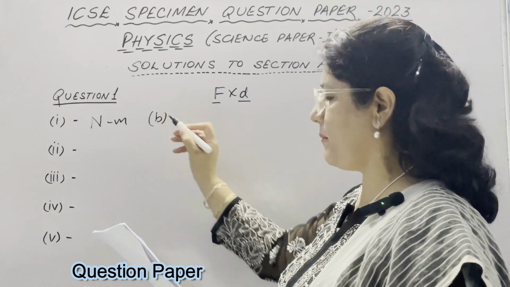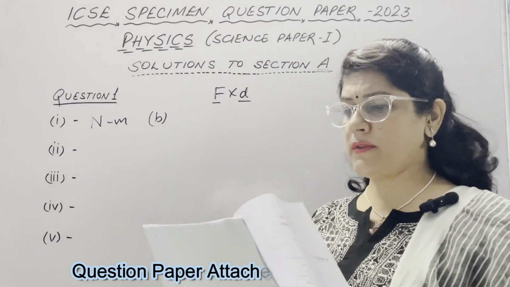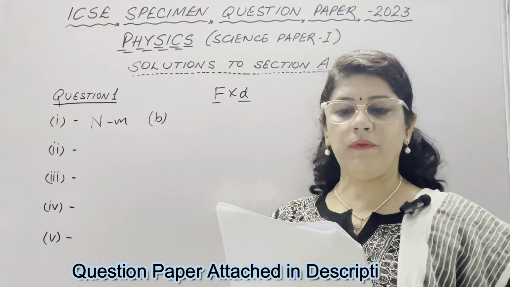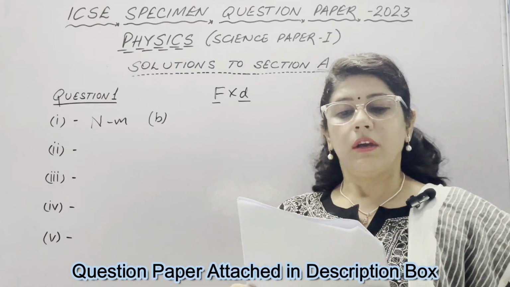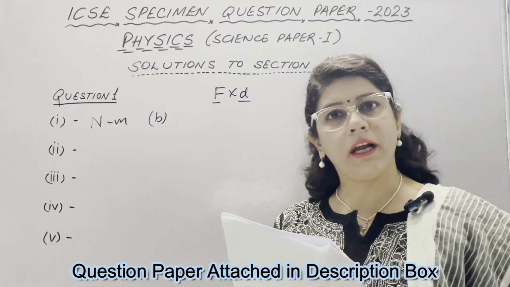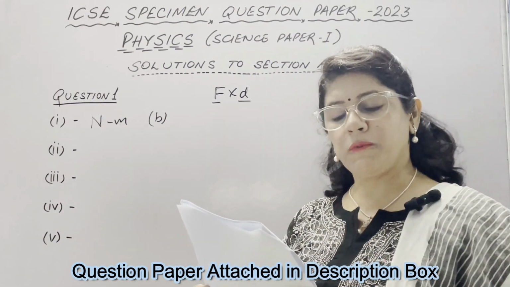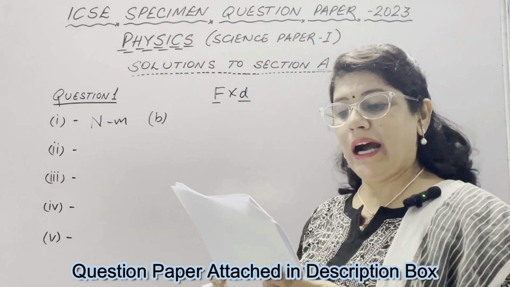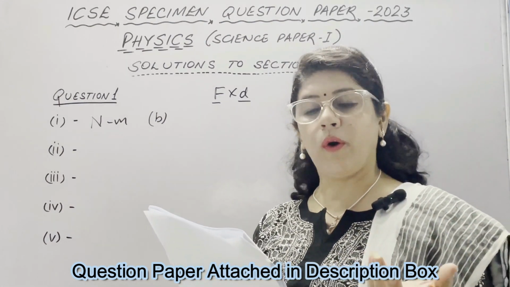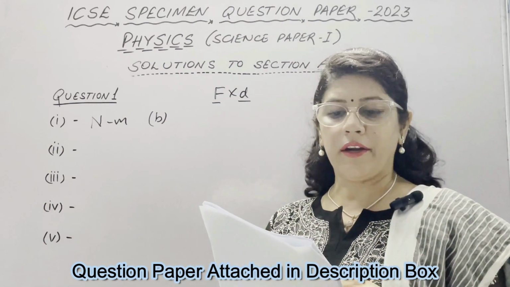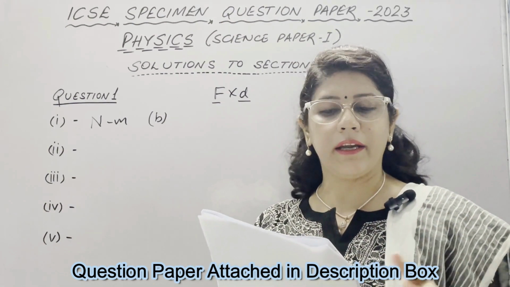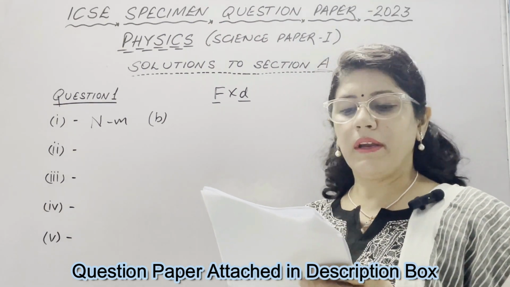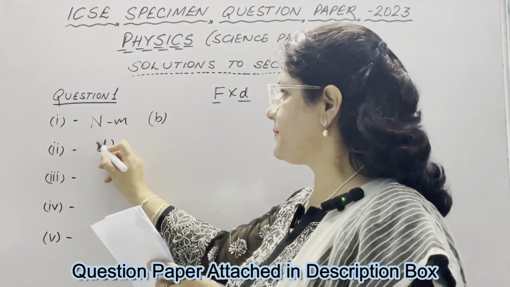This is option B. Now, in the second question: which of the following is the correct expression for gain in kinetic energy if initial velocity is not zero? If initial velocity is not zero, only then kinetic energy is possible. So the correct expression for kinetic energy is half mv square, which is option A. Otherwise, if the initial velocity is u, then the gain in kinetic energy is equal to half m (v square minus u square), which is also correct. So I made option D correct.